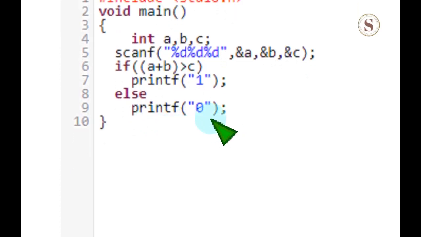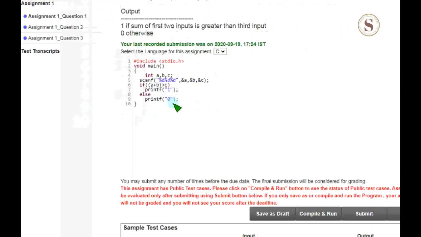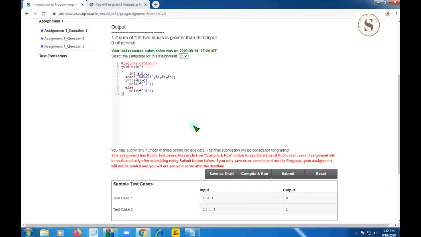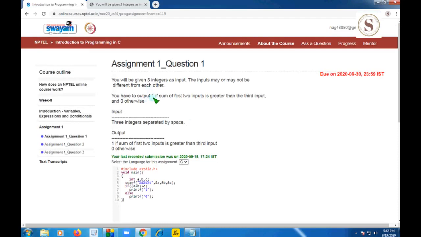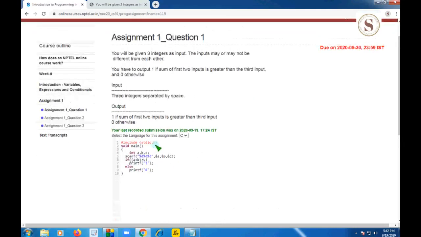So this is what they asked in the question. If the sum of the first two inputs is greater than the third, that means a plus b is greater than c, then output 1, otherwise 0. That is what I have written in this program.